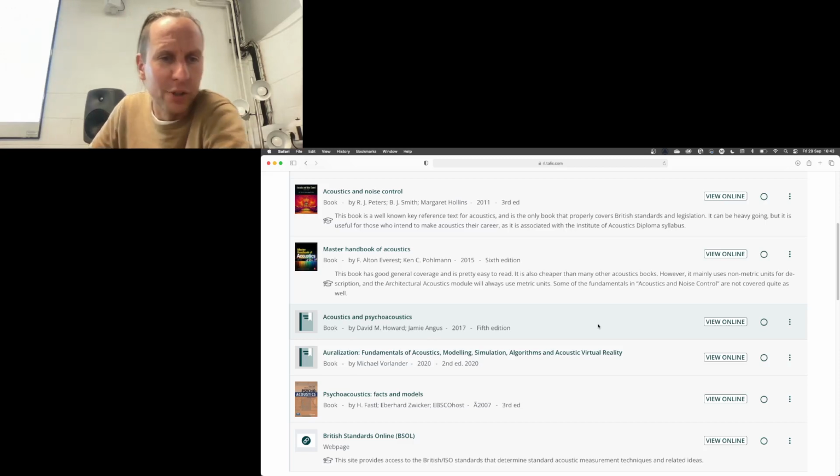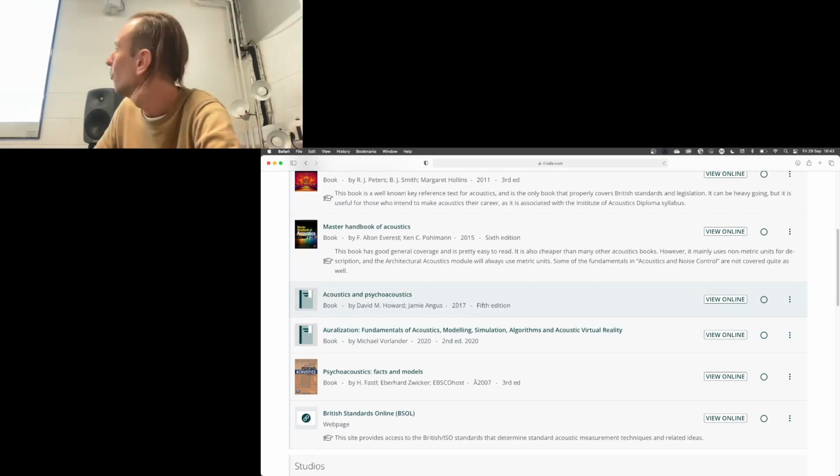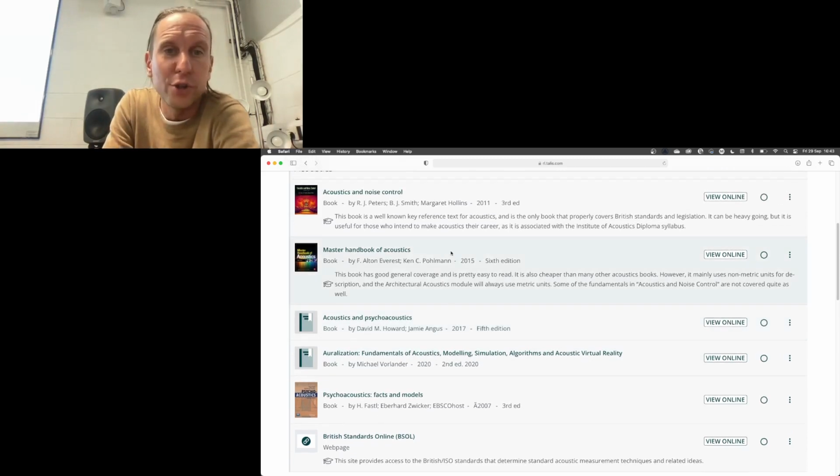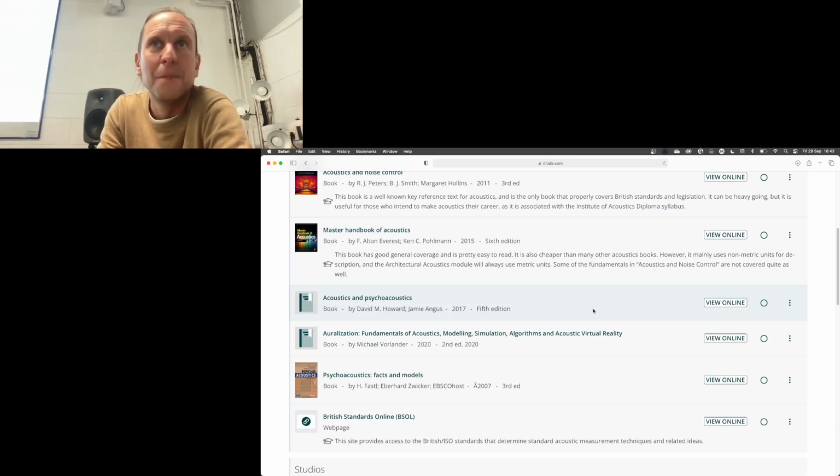So it's hugely interesting. This book, Howard and Angus, is kind of an entry-level text. So the first two books are heavy, hardcore, skipping equations, skipping stuff, just getting to the things that may be interesting, really. Acoustics and Psychoacoustics is a bit of an entry level. So if you feel like actually reading through, if you're into just spending time, it might be a good idea to take an entry-level book.